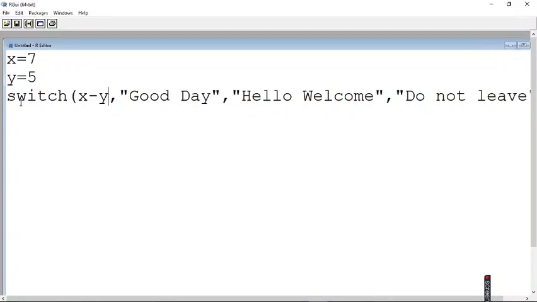So always the first argument of the switch statement will be your expression. It can be a mathematical expression where you don't get the output as boolean, that is, you will not get the output as true or false. Now I say x minus y. Fine. So now if you execute this again, you will get the same answer.